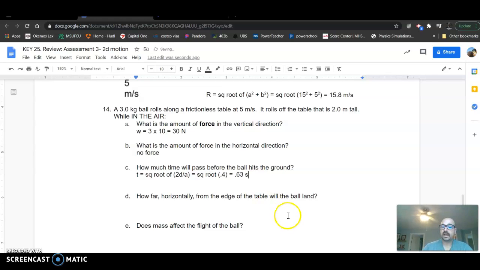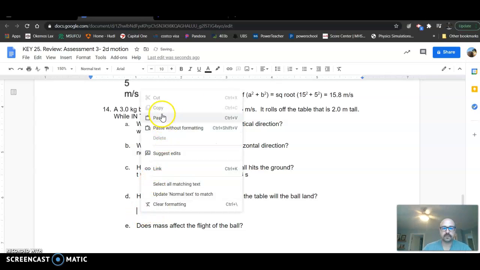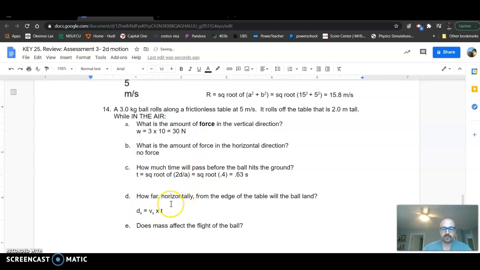seconds. How far from the edge of the table? So again, I'm using the horizontal distance, same equation I've used before. And so my horizontal velocity, it rolls along this table going this speed, so it's going to maintain that. I don't know why I kept using 5 each time in these examples, but so 5